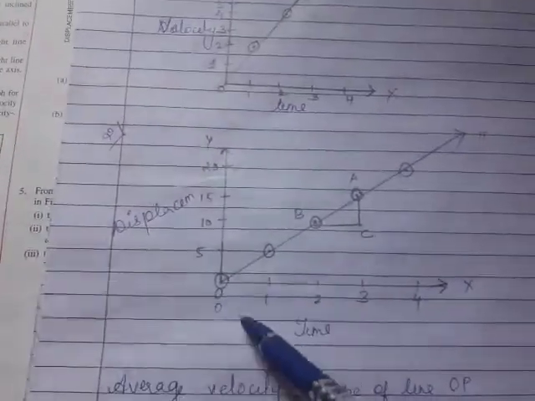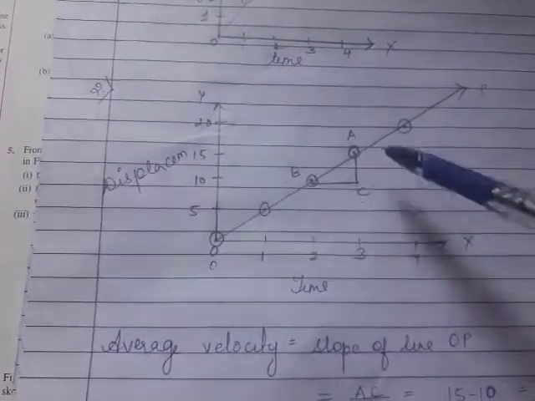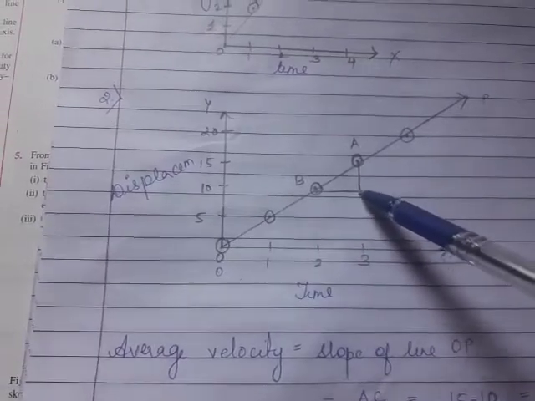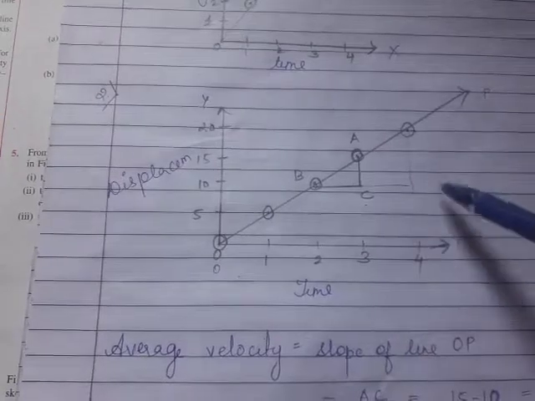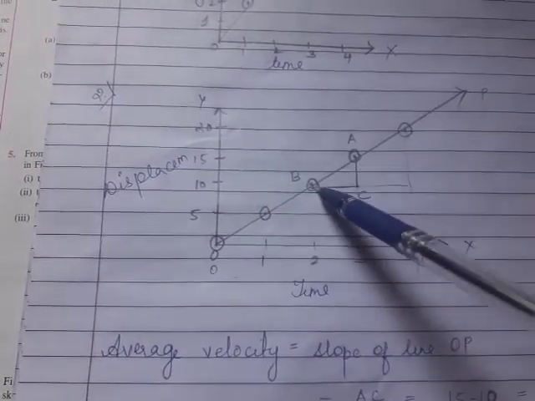So I have plotted this line as O and P. Now how are we finding the slope? I had explained you have to take two points like this and make a small little triangle. I can take these 2 points also. I can take this big point also. It's up to you which you are taking. So here I have taken these 2 points.